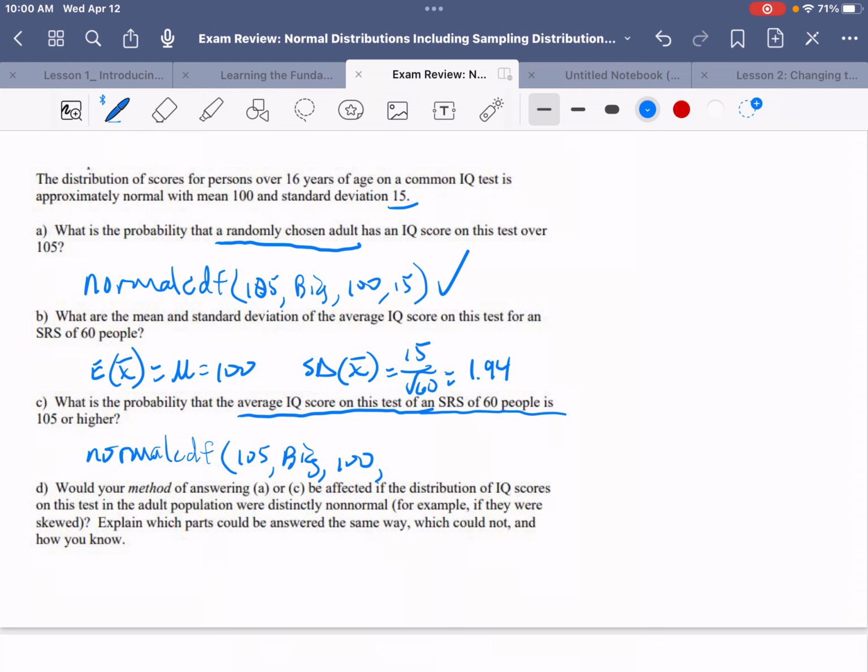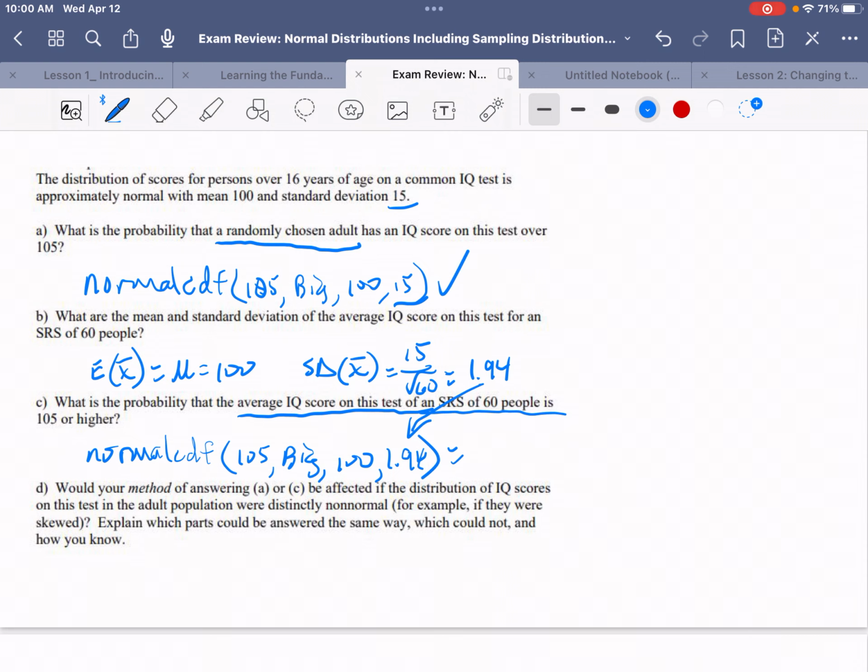Part A was, what is the probability that one randomly chosen person's IQ is over 105? So the standard deviation to use is 15. But here they're asking for the probability that the average of 60 people's IQ scores is 105 or higher? It would be a mistake to put 15 here,